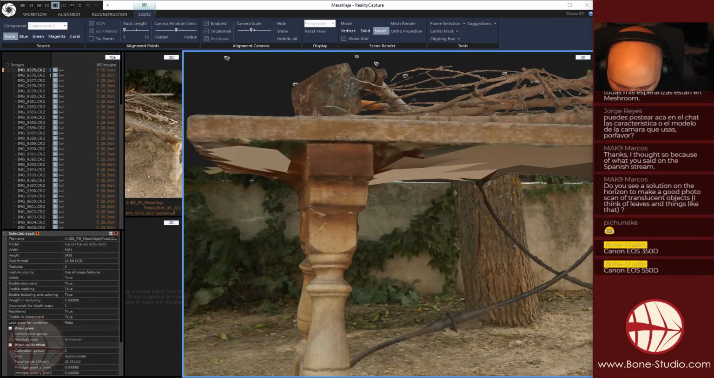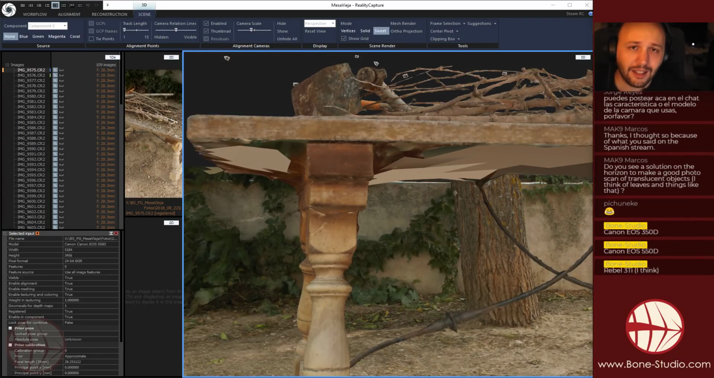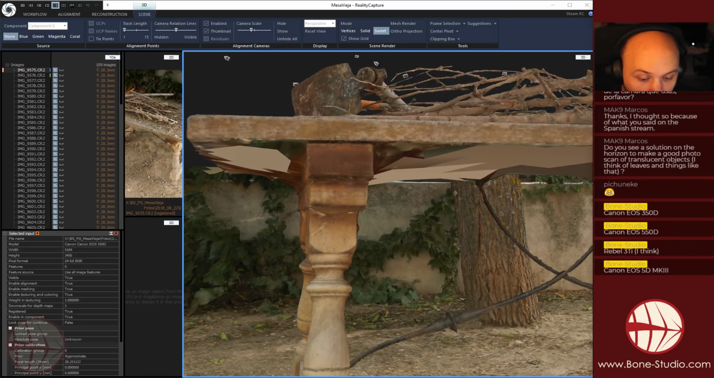550D, sorry, and which is the Rebel T3i, I think, and the Canon EOS 5D Mark III. But for example, you can acquire not as cheap as a 350D, but you can acquire a 5D Mark II more or less cheap,